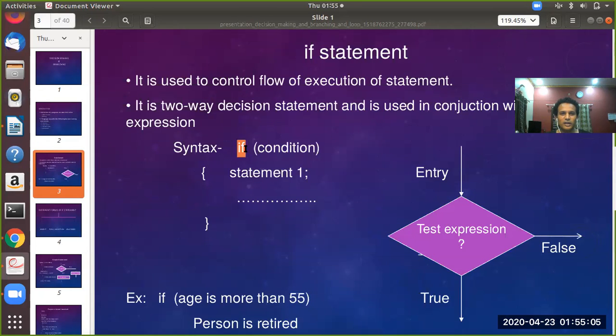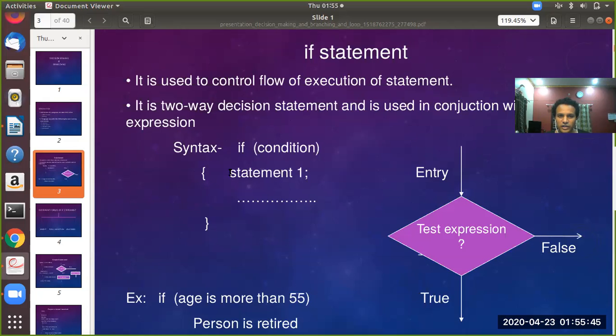If is a statement that is available in the C programming language. If should be followed by a parenthesis, and then you should mention the condition that is to be checked for its truth, and then close the parenthesis. If the condition is true, or whatever expression you write here is evaluated to be correct, then only the statements present within the flower brackets following the if statement will be executed one after the other.